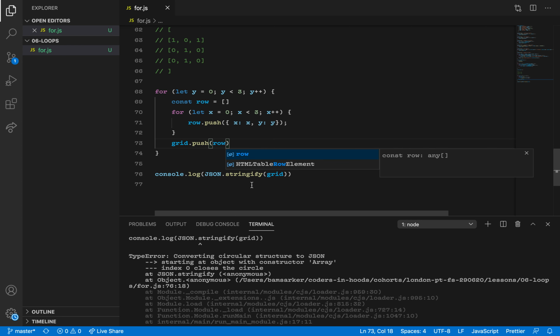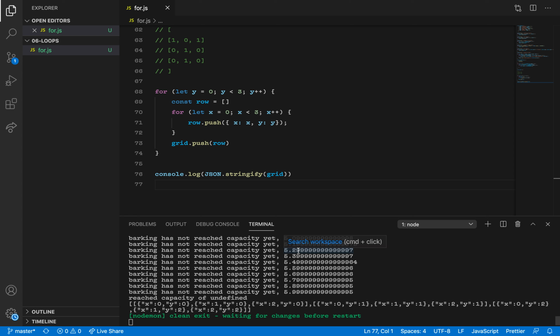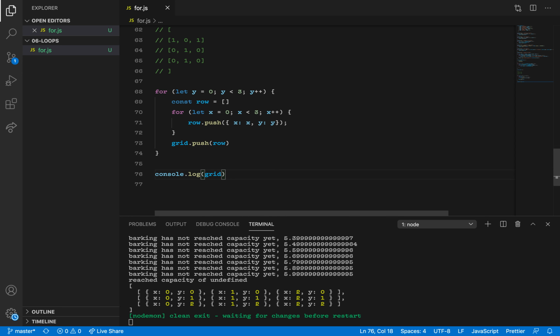I'm an idiot. Okay, so maybe we don't need to stringify. So circular means there's like a reference to itself, so I should have sort of noticed. Okay, here we go. So now each object in this grid, this array of arrays, is now telling us